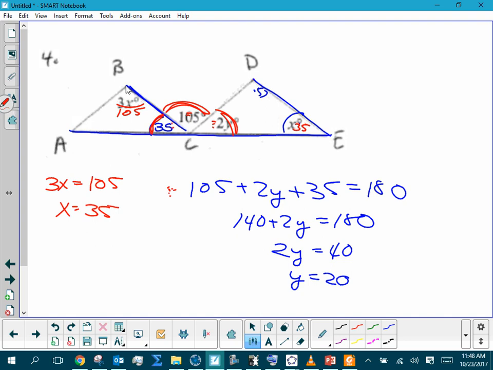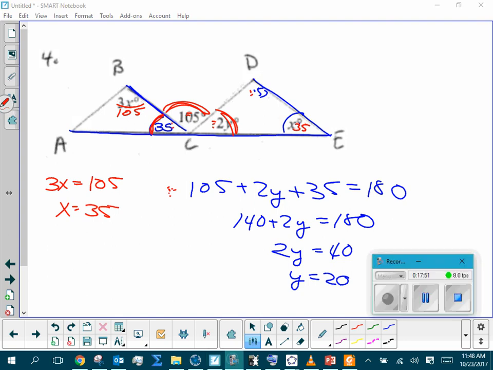What's angle D supposed to be? That's 105 up there. All right, let's for time's sake talk about the